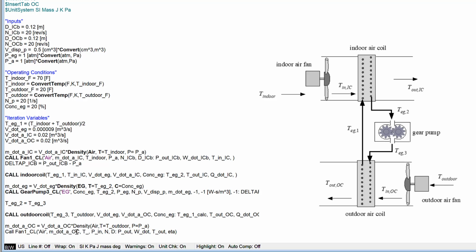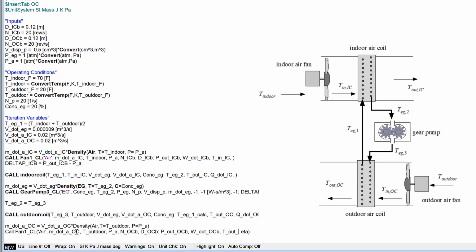This is the outdoor air temperature, I think. This is my nominal air pressure. This is, what did I call this? NOCB and DOCB. And then this is the pressure coming out of the outdoor air fan